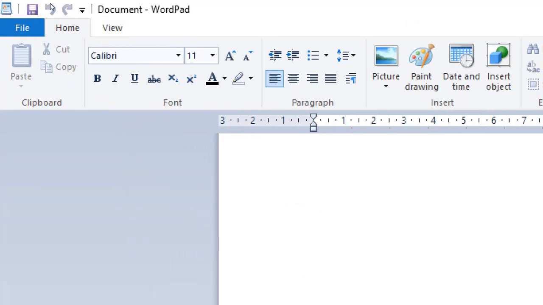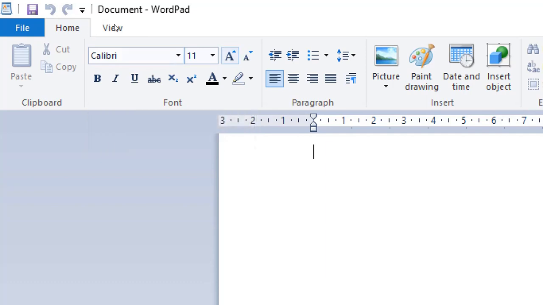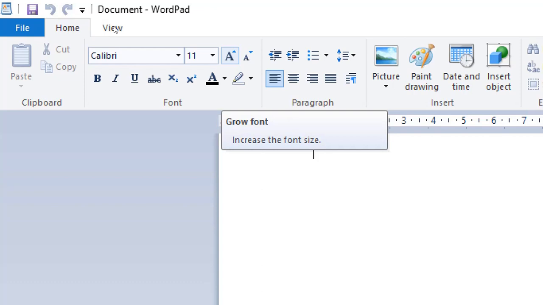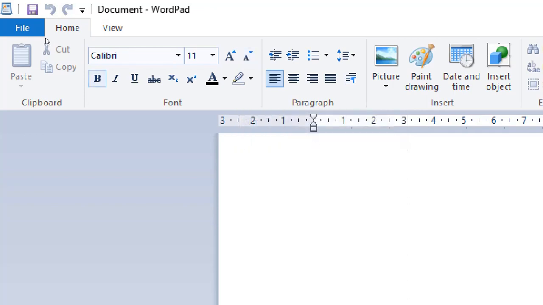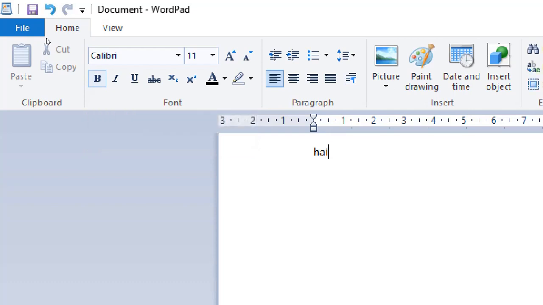Okay, here, I already said about this. So font size, font changing, and to change the font size, it shows increasing the font, and it shows decreasing the font. Okay, and the B stands for bold. That means here I am going to type hi. Can you observe this?